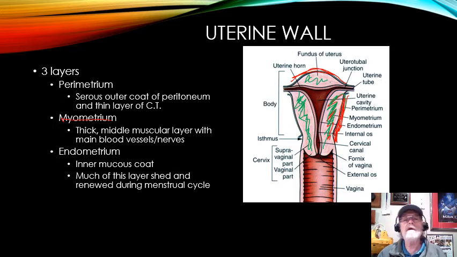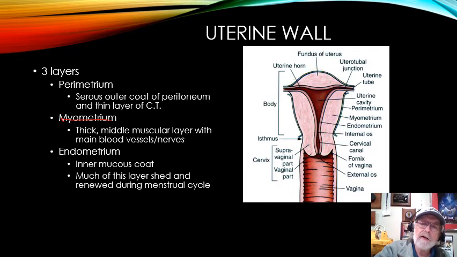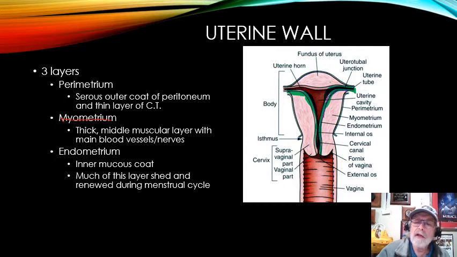It's the middle muscular layer, has a lot of blood vessels, a lot of nerves and stuff like that. Okay, however, the part that really is significantly important for a number of reasons is this inside lining. Okay, and that inside lining in here is the endometrium. Each month during the fertile years, not after menopause, as the estrogen levels go up, like I mentioned before, it increases the thickness of that endometrium. The endometrial wall gets thicker and thicker and thicker. It just provides a better landing spot for a fertilized ovum to stick to.